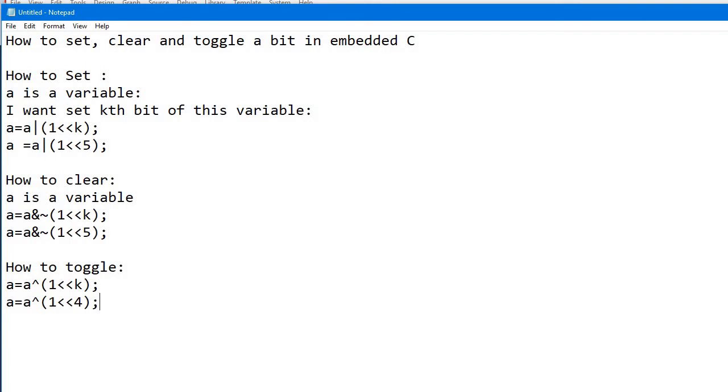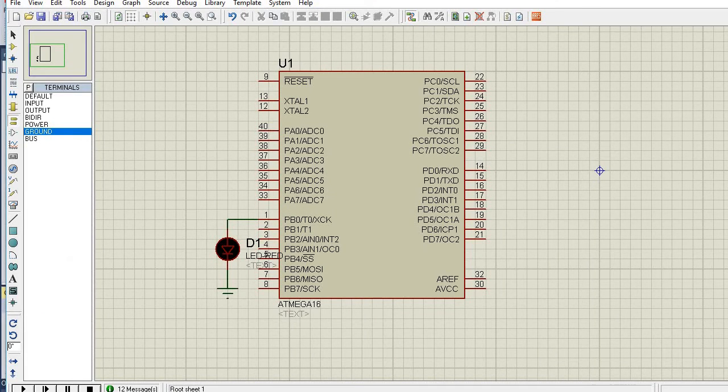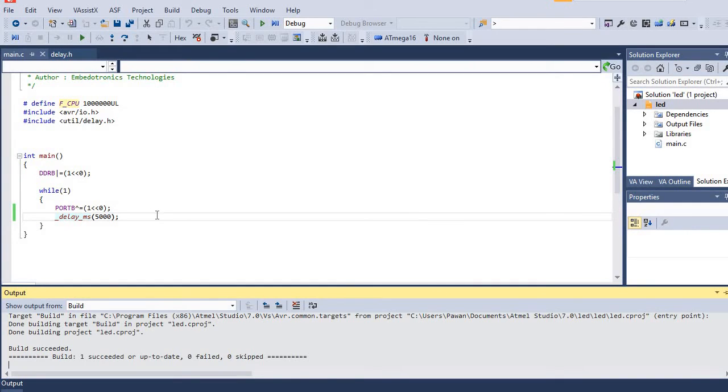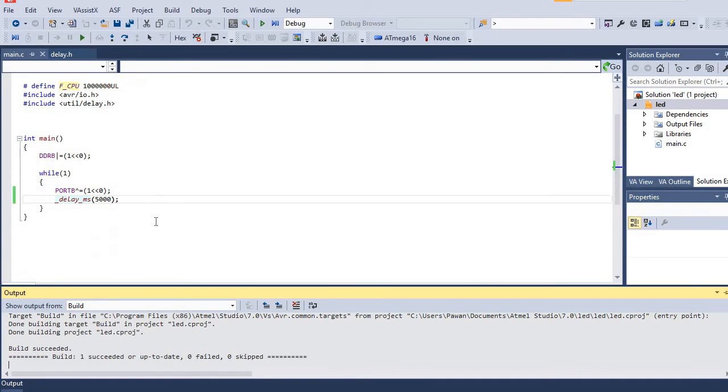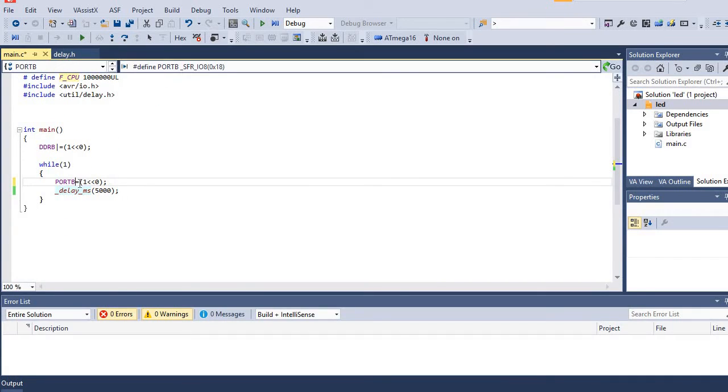So we will move to our Atmega16 microcontroller, and this is the Atmel Studio software. Here I have written one code previously. First of all, we will set the 5th bit and then delay, and here again we want to clear that bit, so I will use the AND operator.